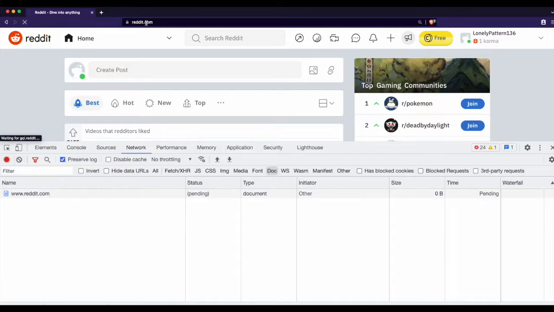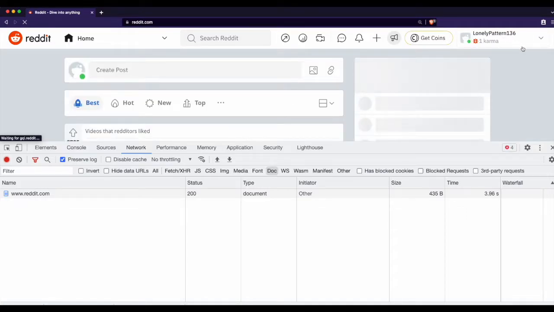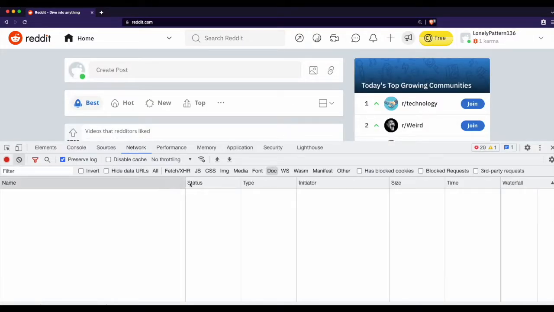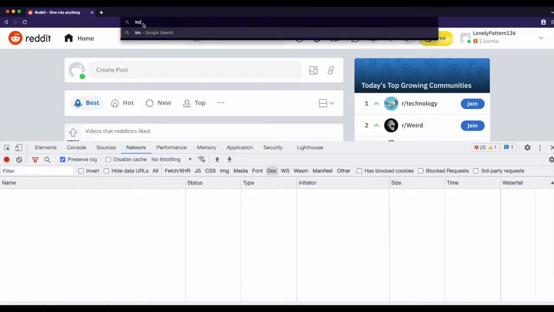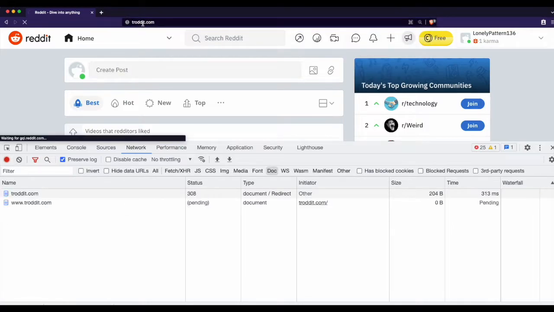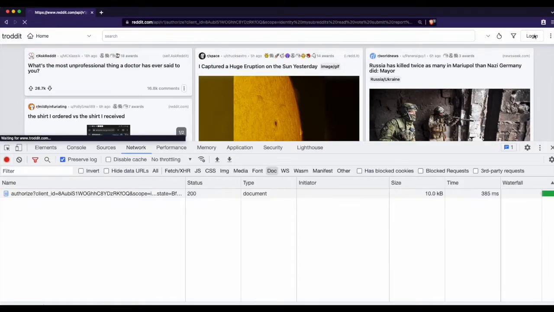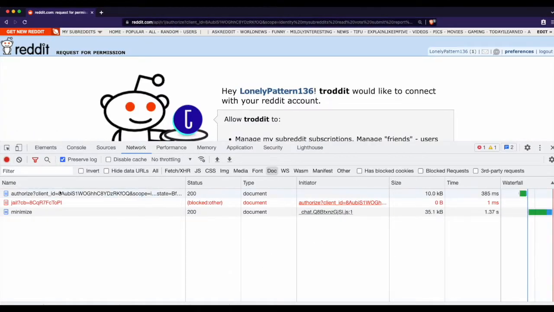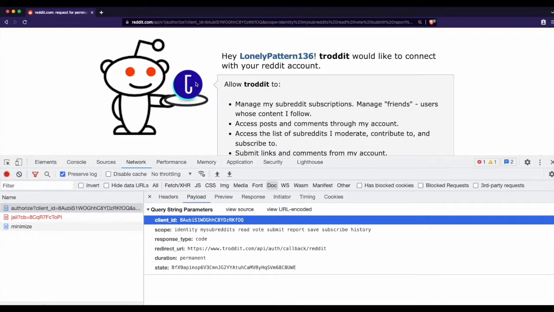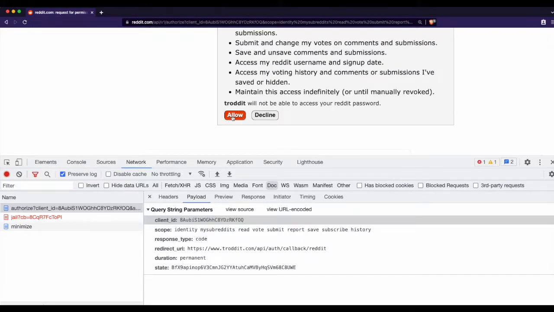I'm logged in on Reddit. This is my account. I'm going to keep the network tab open here so we can have a look at what's happening. Let's go to this client app, which is a web app. So you can see I'm not logged in, and we have to connect the two apps together. I click login, and I'm taken to a Reddit authorize URL. This is the request here. So we've made this authorize request and included some parameters here, which we'll explain more later. We then accept,